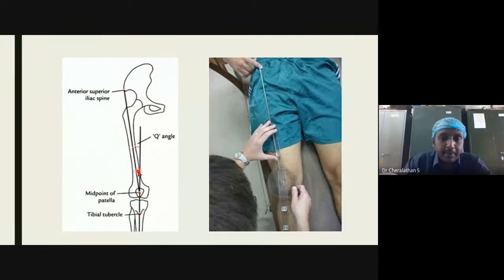Fine. If you see a goniometer, I think you will be able to understand it better. All these are drawbacks of an online class. If you were physically present here, we could actually have a demonstration of how to measure a Q angle. Unfortunately, we don't have that option now. After the COVID crisis, if you have time, you can come to the ortho department and we can show you this.